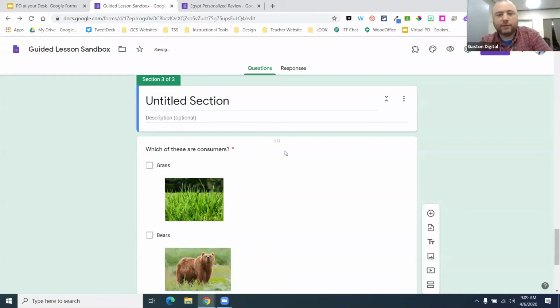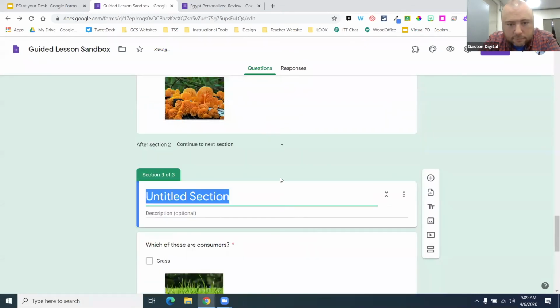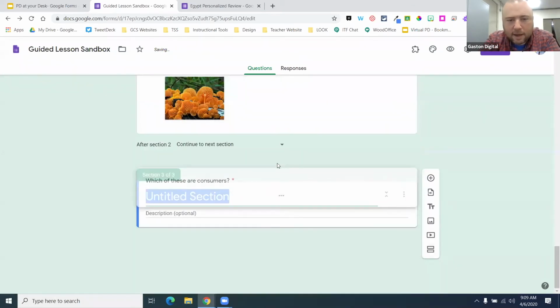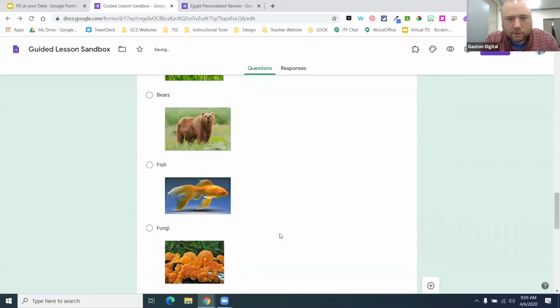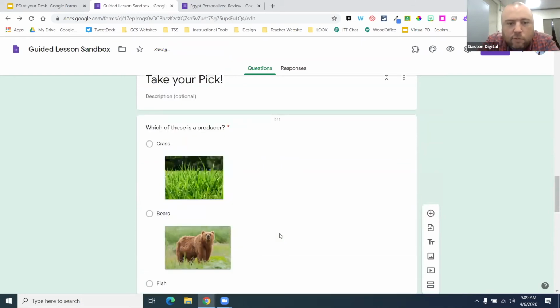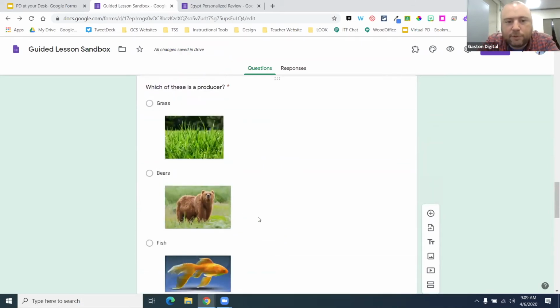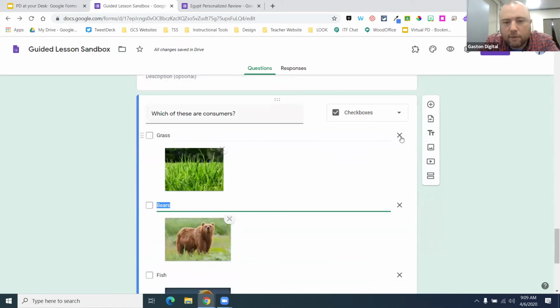And in this section, I want it to be below everything else. So I'm going to get this up here. There we go. Oh, it won't let me. That's right. I have to put a question first. So I'm going to change this question so that it will give them feedback on their answer. So let's say that for all the ones that they click that aren't a producer, so bears, fish, and fungi, I need to put something here that will show them